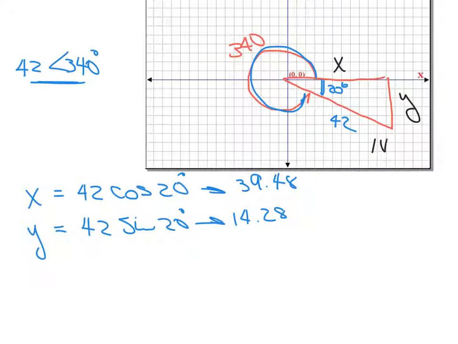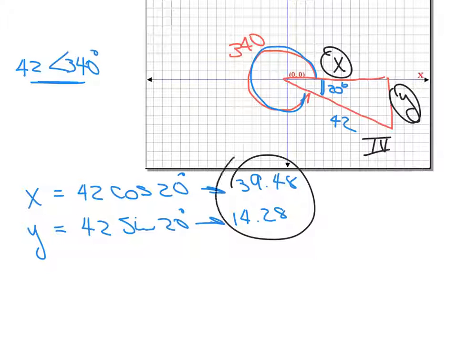Now the reason I had to draw this is so I know what quadrant it's in. In this fourth quadrant here, I know that my x value is positive and my y value is negative, so that's how I have to write that. Even though both of those are positive, when I write it, I have to write x is positive and y is negative. Opposite of up. Okay, so this really is plus, negative, but we just wrote it as negative there. And that's it for